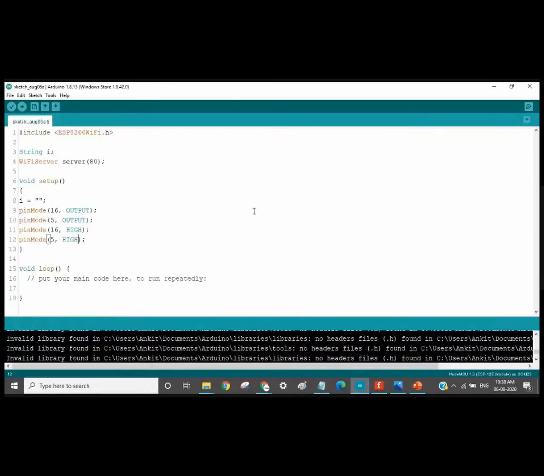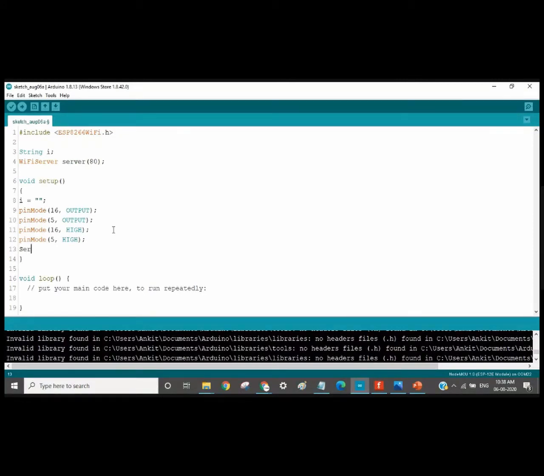So first of all, we have declared these pins as high, both the pins. So both the relays will be off initially. Now what we are going to do is see everything that is taking place in the relay on the serial monitor, right? So we need to enable the serial communication of the board.